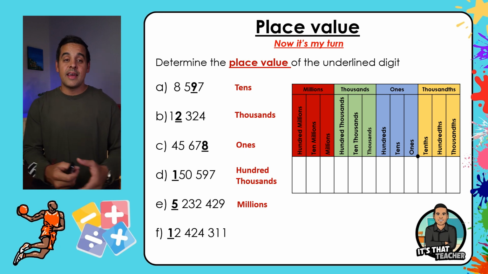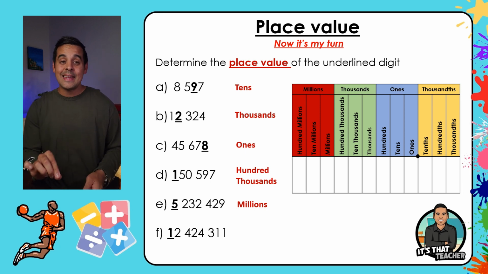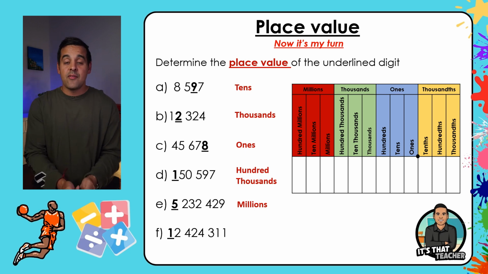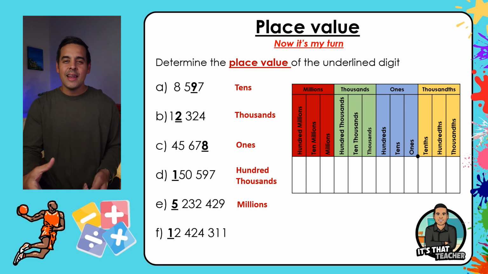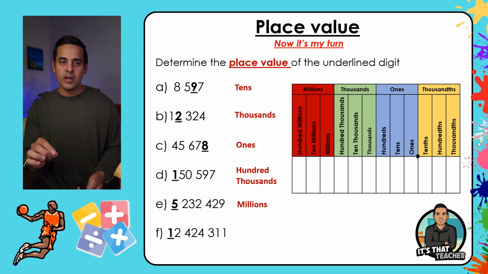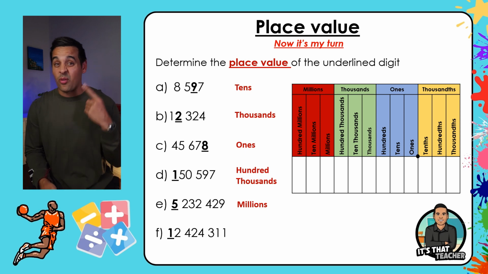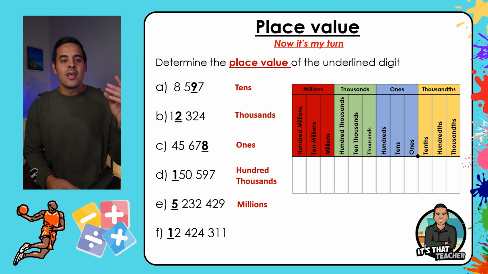E, I've already put the answer there, 5,232,429. So the 5 million would have to go in the millions column. If you say it out loud, it's actually quite helpful. So 5,232,429. 5 is the underlined number. So it's quite easy when you say it out loud or think it out loud or think it in your head. So finally, the last number, F,